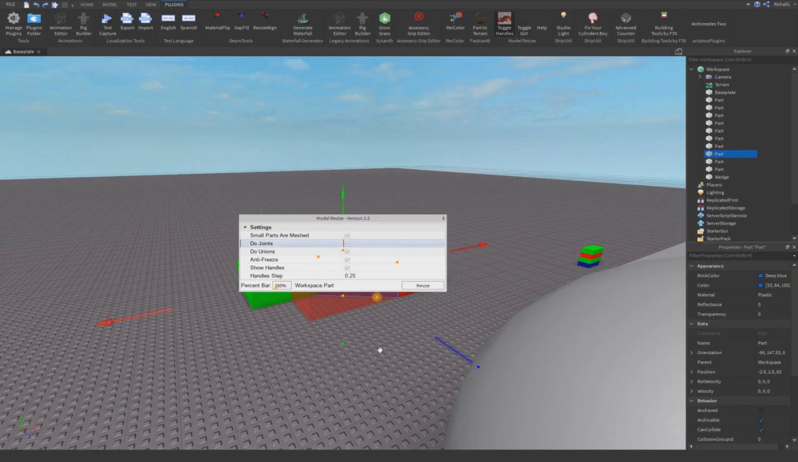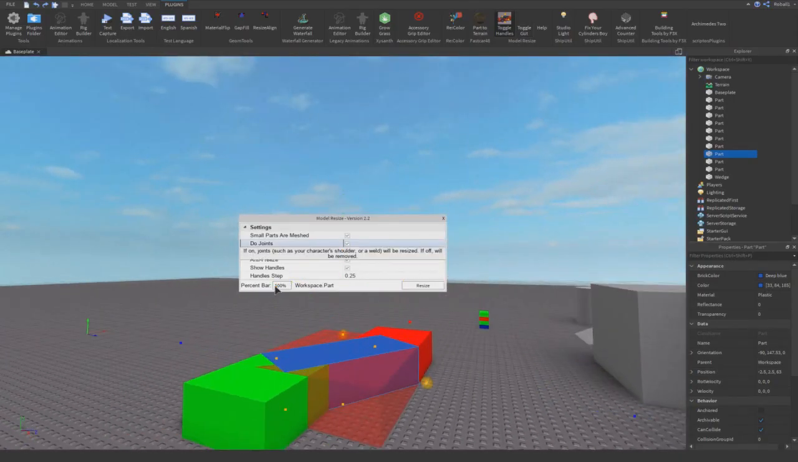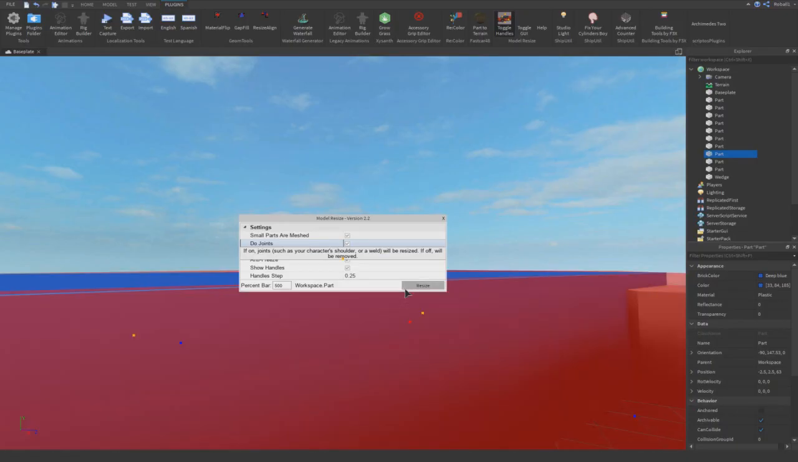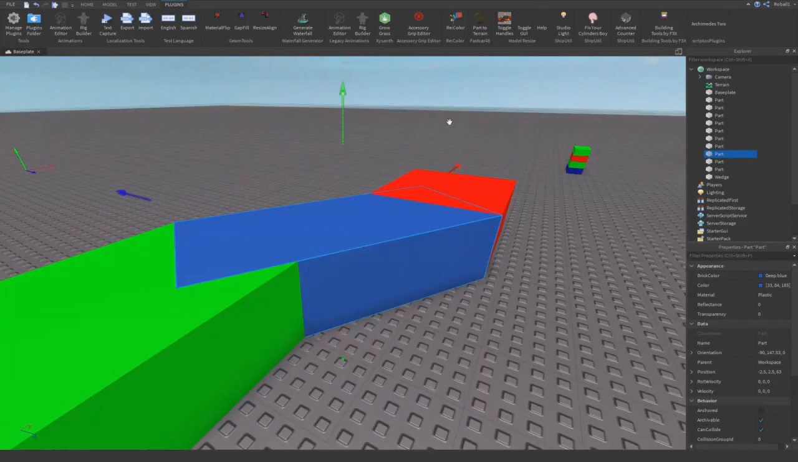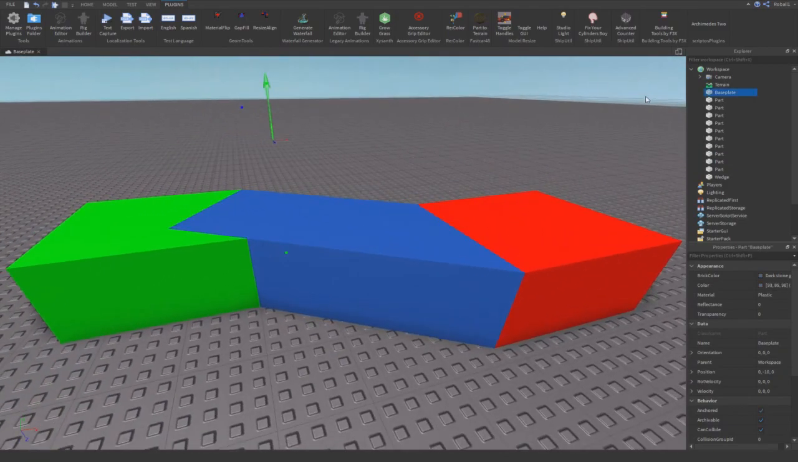Now, this is the form where it lets you do percentages. So if I wanted this part to be 500% bigger, I go ahead and click resize after typing that, and it does that for me. Now let's go ahead and deselect all of this. We're good after that. Now the next thing and the final thing that I want to show you for this